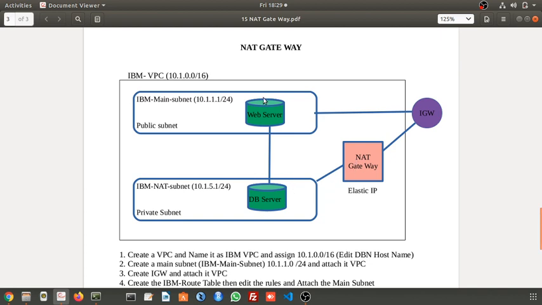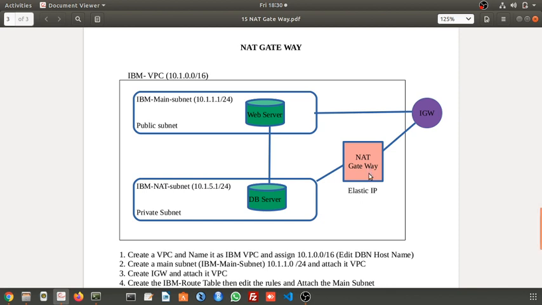And if these two want to communicate with each other, that is the web server and database server, they are in the same VPC, so they can communicate with each other directly. But if anybody wants to access from the internet gateway to here, then from this subnet, they have to enter into this NAT gateway. From this NAT gateway, they can enter into this DB server. So in this NAT gateway, we will fix the traffic rules. What kind of traffic rules will we fix here?